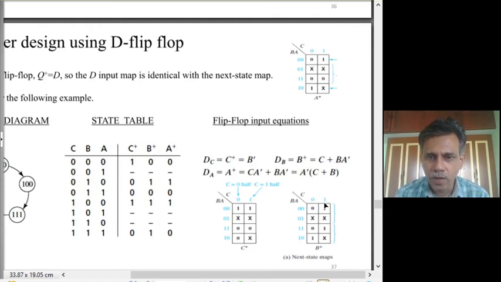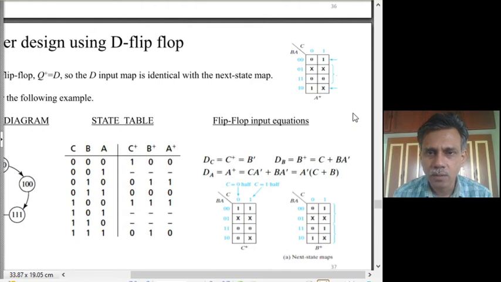So now if you try to cover it, this whole column can be covered, that is nothing but C. And the last row is B A bar. That is what DB is. Finally, A plus is put here. So you have to fill 0x, 0, 1 and then 1x, 0x, 1x, 0x.